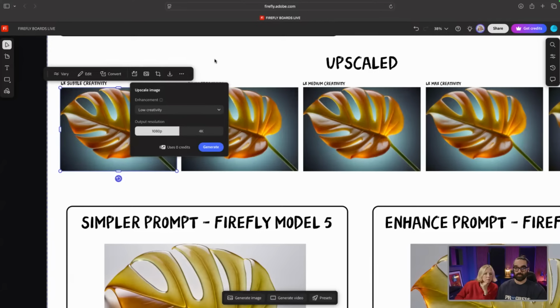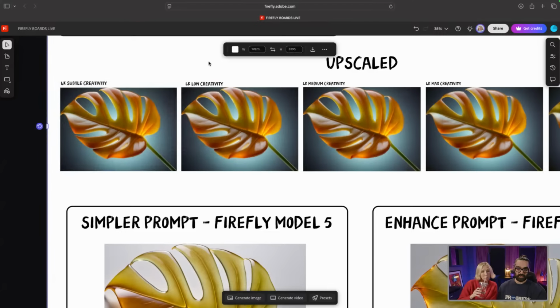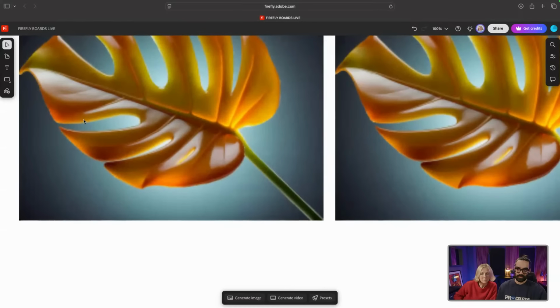This again is another really cool improvement, advancement, let's say, to Firefly Boards. And it's really, really great. This will turn your generations into asset-ready, production-ready pieces. They're great. Now, as we move through,